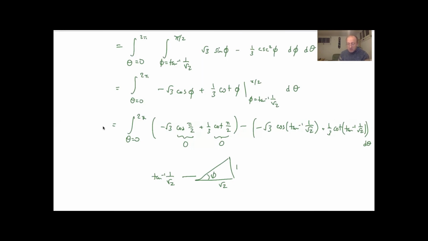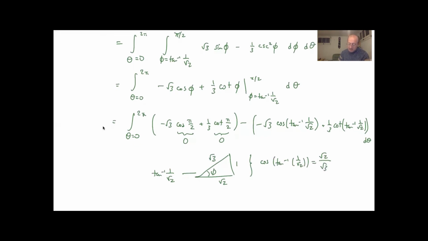Examining this triangle with Pythagorean theorem, we find out that its hypotenuse has length square root 3. And so the cosine of that angle is the ratio of the length of the adjacent side with the length of the hypotenuse. And then